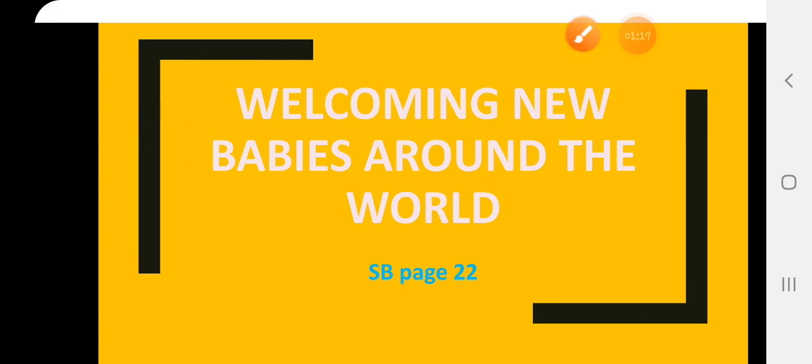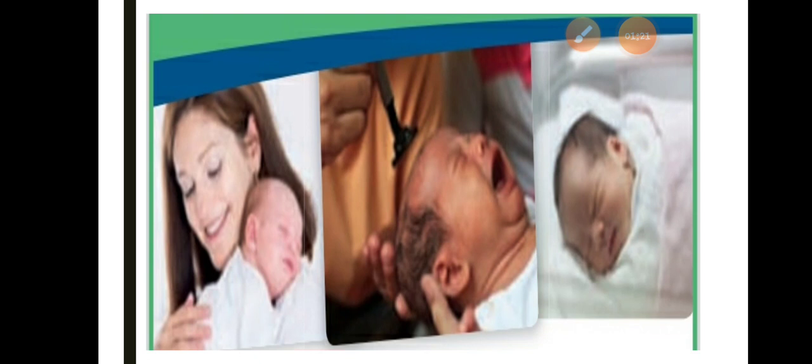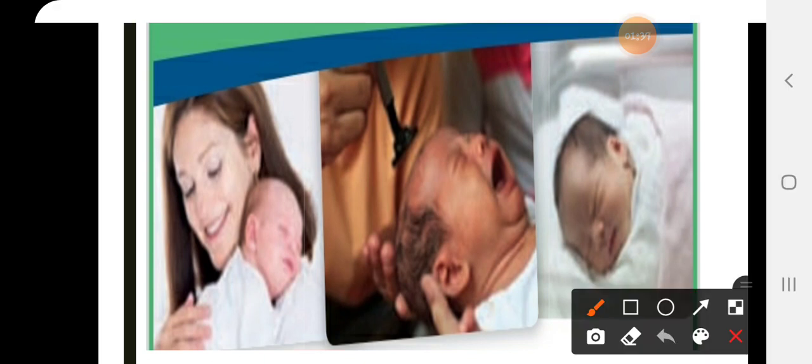But before we start explaining the text, let's just look at the picture or the photos that you have at the top of your page. في الصفحة الأعلى الصفحة الموجودة عندك we have 3 pictures. These 3 pictures show us some of these traditions. فعليا بتبين لنا بعض من هاي العادات والتقاليد. Let's look at picture number 2. الصورة الثانية بالذات.